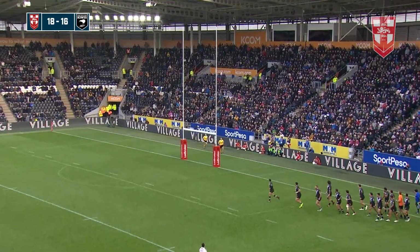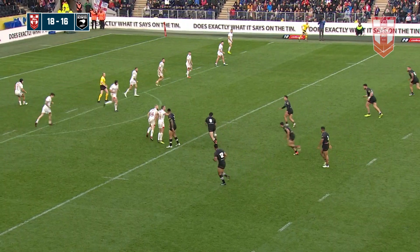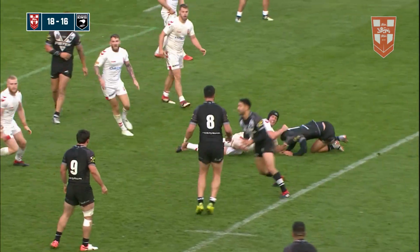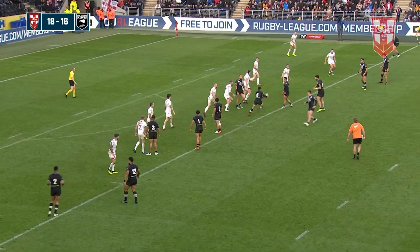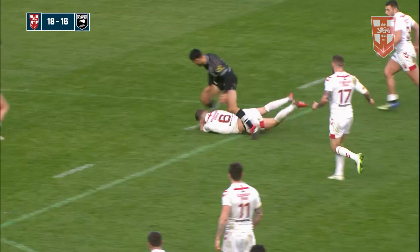He's got the distance. Oh, he's not quite got the angle. But England still lead, 18-16. 2 tackles to go. Smith now. Here it is with Nicarima. Caught by the collar. Into the hands of Johnson. This is the fella. England have to watch him. Johnson begins to skip. Looks, puts the kick in. Chases after